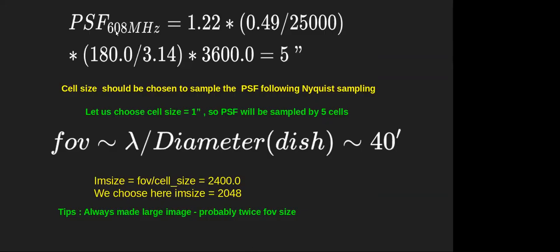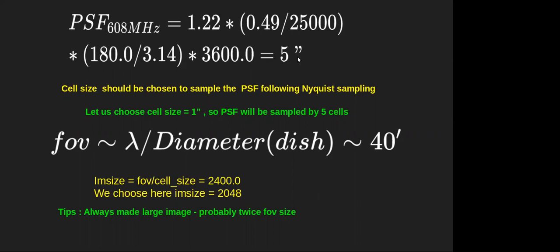So first, let us calculate what is your PSF size at 608 MHz. Remember that 608 is basically the central frequency of your data set. So it is 1.22 lambda over D, where lambda is your wavelength corresponding to 608 megahertz, and 25 kilometer is the maximum baseline you have for GMRT. And you convert it into degree, 180 by pi, and then you multiply it by 3600 to get this value in arc second. So if you do this calculation, you will find that your PSF beam width is 5 arc